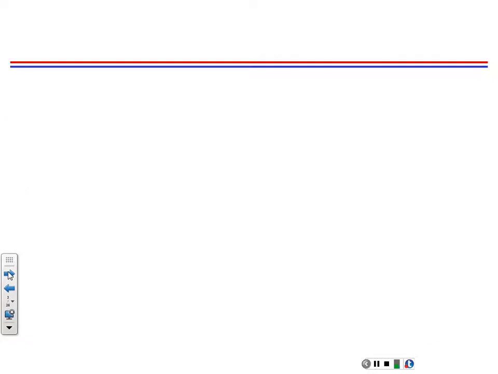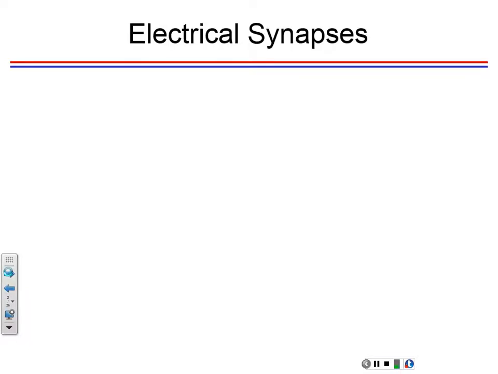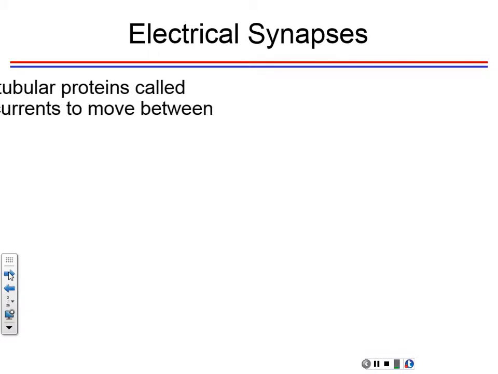So chemical synapse, we already know what it is. So we'll talk about electrical synapse now. All right, and then we'll finish the rest of the time talking about the chemical synapse, because there's a lot of chemical synapse, and then we'll talk about other neurotransmitters and some neuromodulators as well, besides ACh. All right.